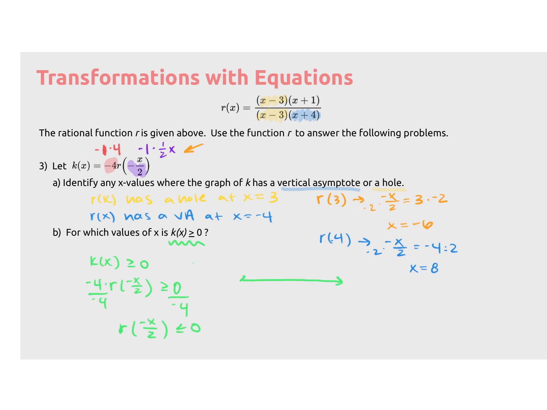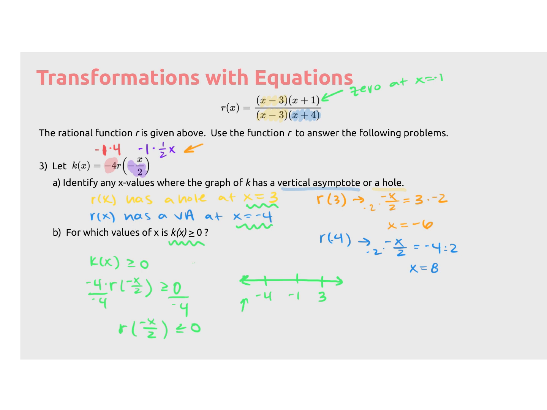On my sign diagram, I need to put zeros, vertical asymptotes, and holes. I already have the hole and the vertical asymptote. I solved that in the one above, +3 and -4. I also need the 0, which, looking at my original function, it looks like we have a 0 at -1. So I'm going to put -4 for the vertical asymptote, -1 for the 0, and +3 for the hole. I'm going to test each of the intervals on this sign diagram. Looks like we have 4 of them,